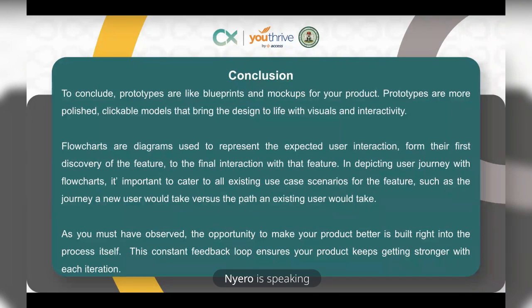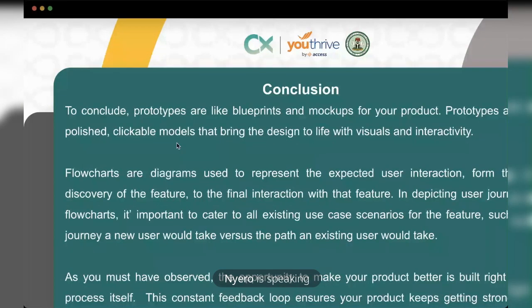Now, as you've observed, the way to make your product better is sort of built into the process of product development itself. We need to take advantage of this and leverage this constant feedback loop to ensure that your product keeps getting stronger with each iteration. So that's it for this class. I want to show us